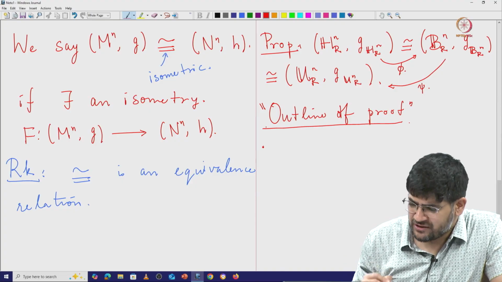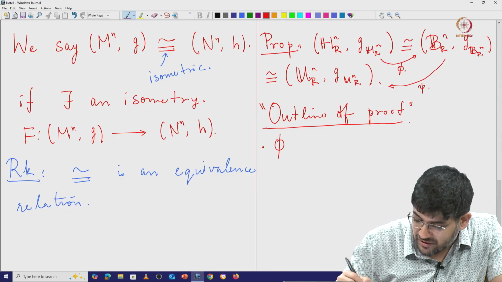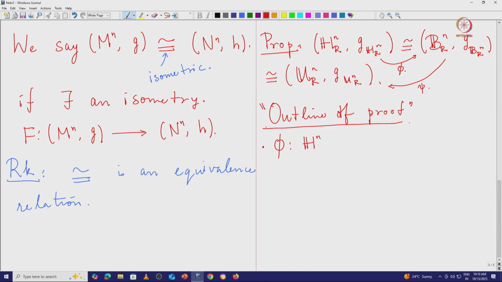Okay. So let me first describe this map phi from the hyperboloid to the open unit ball. Instead of going to the open unit ball, I will first describe this map into Rn, and then it will be an easy calculation to show that the image actually lies inside the open unit ball. Okay. So let me first describe geometrically what this map looks like. So let me draw a picture of the hyperboloid. So remember, the hyperboloid was something like this,